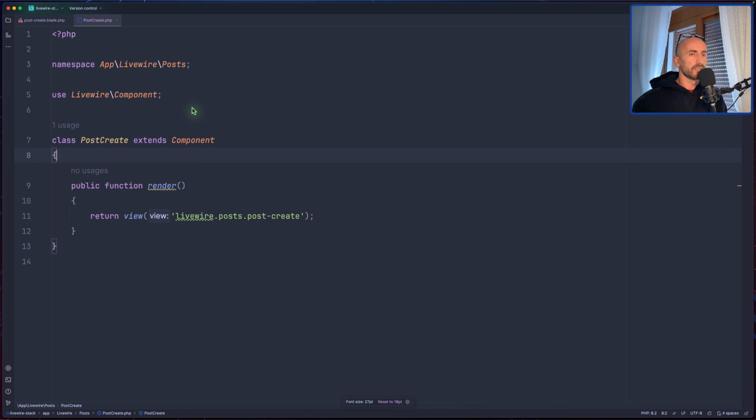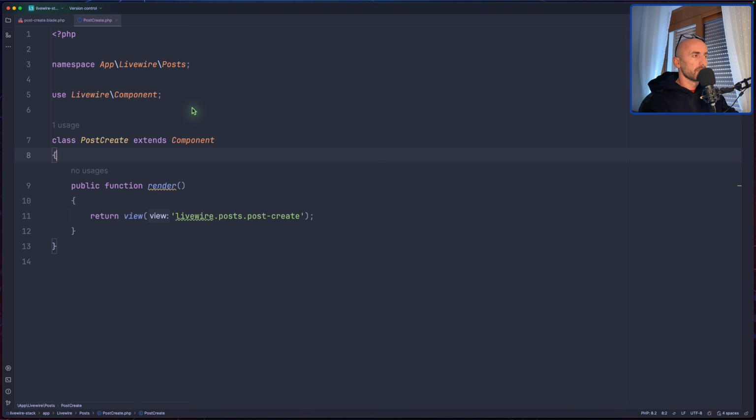But I prefer to create a form component with Livewire. We have also a form component and inject that form in here. So this post create can leave can mean very clean. Okay, so let's create the form component, and the form component I'm going to use for create and for edit